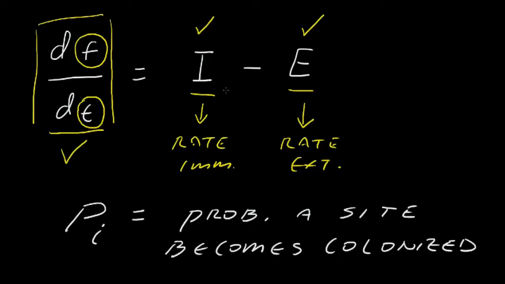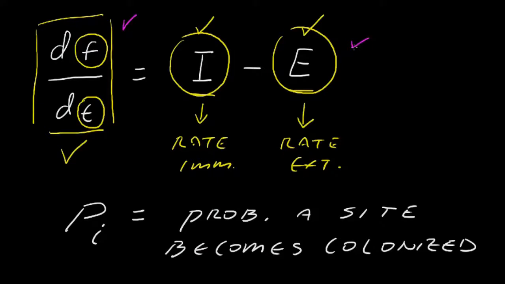I - E. If we have more immigration occurring in our system than we have extinctions, we then have the rate of change in our metapopulation being positive. We're gaining more sites than we're actually losing. Make sense? If we now have more extinctions than we have immigration or colonization events, we have the opposite. We now have a metapopulation that is in a declining state. So it's not